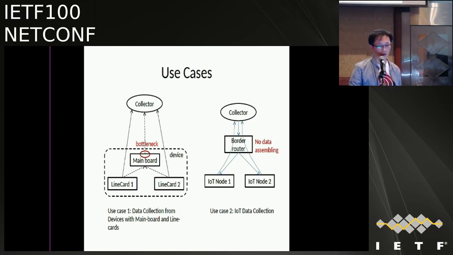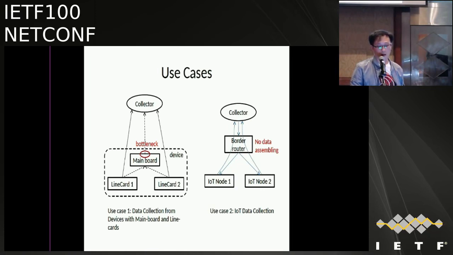So in this case, maybe let every line card send the YANG push data or notification directly to the collector. Then the performance maybe become better. And the second use case is IoT data collection, like the CoAP. I think for the mechanism for CoAP, they have mentioned for pub-sub mechanism. Here, for every IoT node, we'll send the data to the border router, then assemble the data,